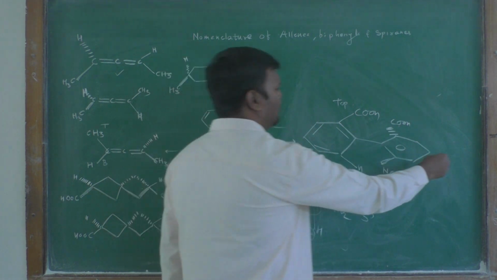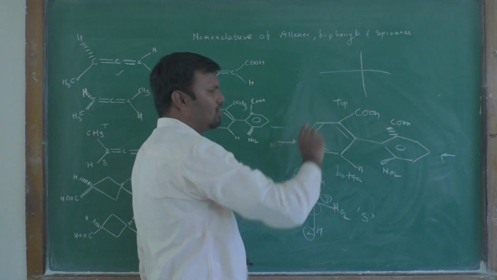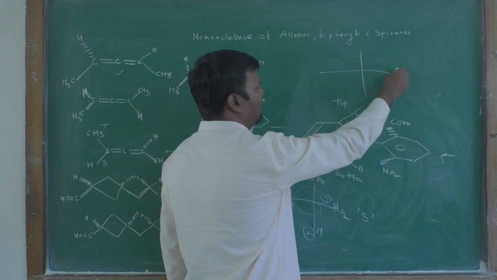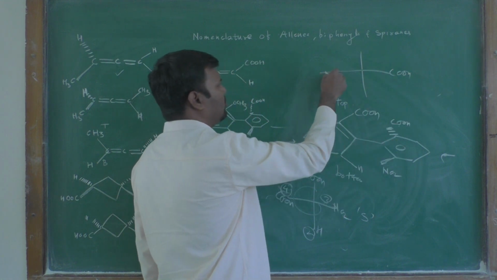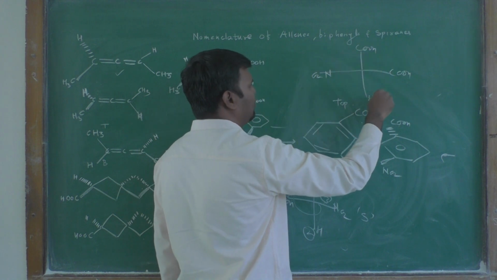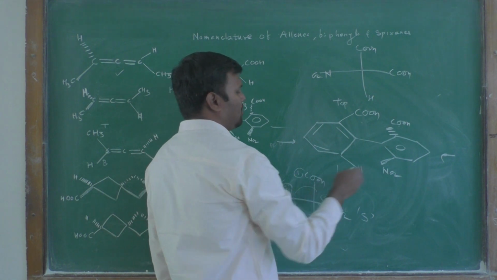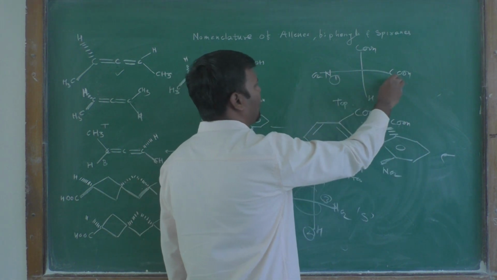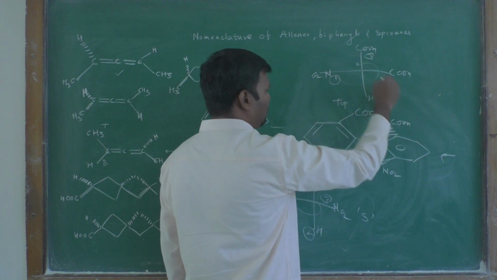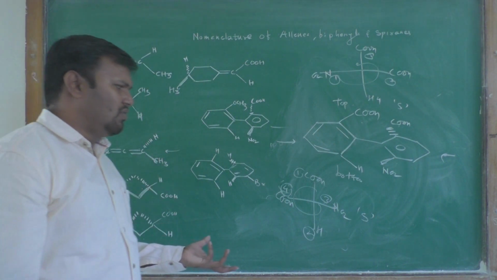If you look at this group from this side, you can find that from this side you are looking, your COOH is on the right hand side, NO2 is on the left hand side, COOH is no doubt top, and hydrogen is the bottom. Therefore you looking from that side, therefore you have to give the first priority to this group. That nitrogen, 1, 2, 3 and the 4, therefore 1, 2, 3, your configuration is exactly matches, and therefore the configuration is S.